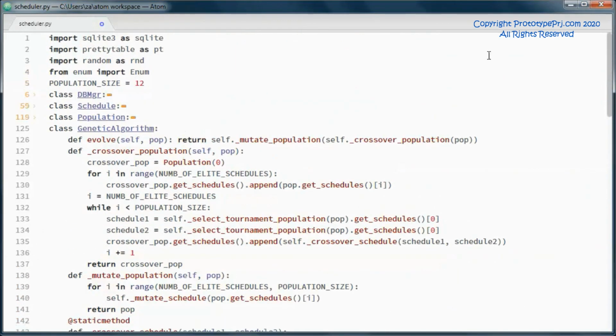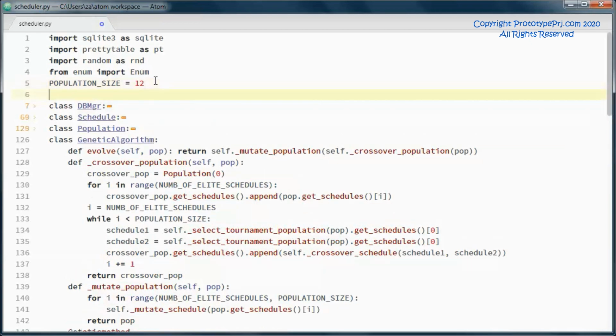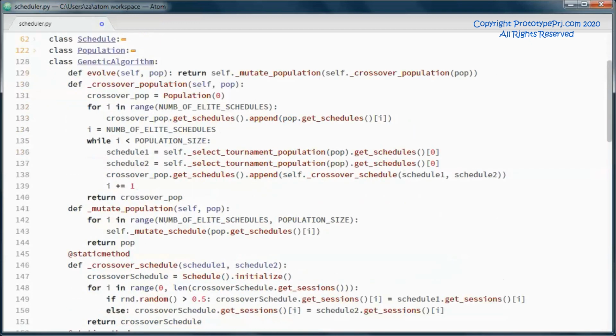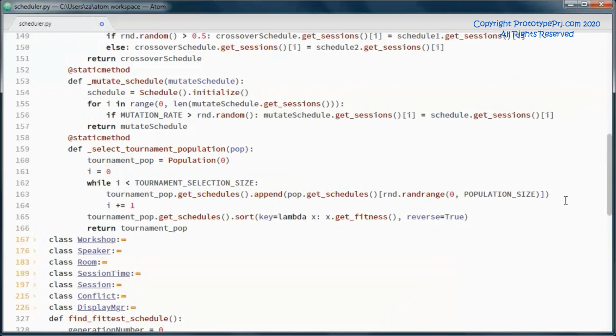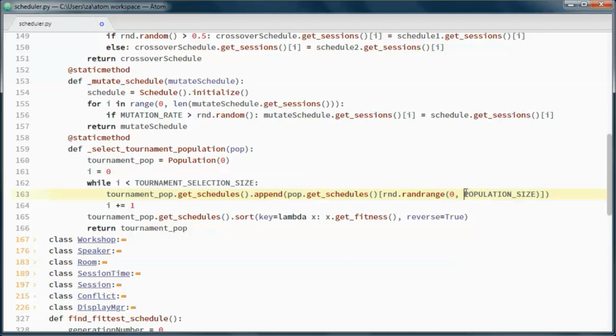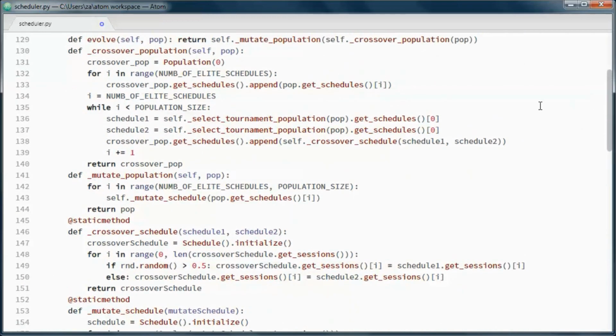So suppose the tournament selection size is 3, which means it will pick 3 schedules from the population, and here the population size is 12, so 3 out of 12, and it will sort them by fitness, and then pick the one with the highest fitness.